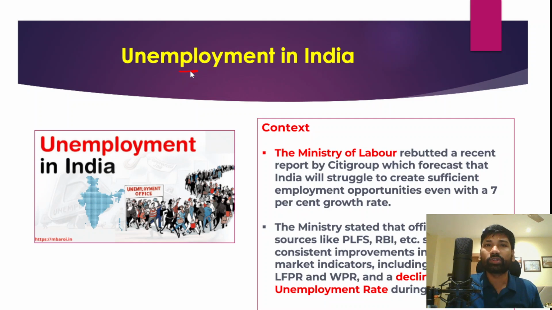Now, if you look into the structure of the Indian economy, we have a major proportion of our workforce concentrated in the agriculture sector. But the problem with the agriculture sector is disguised unemployment, right? Even though the agriculture sector requires a very small workforce, more people were working in the agriculture sector. But on the other hand, industry and manufacturing have not developed to such a level that they could absorb the excess workforce from agriculture.